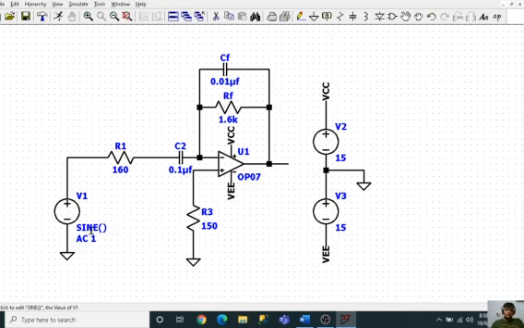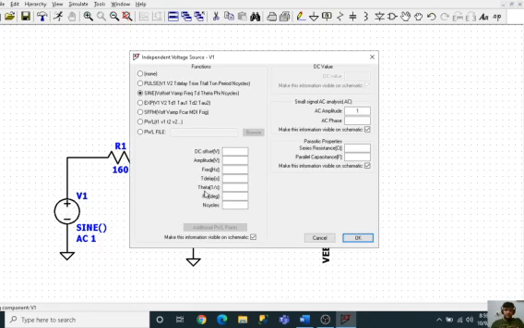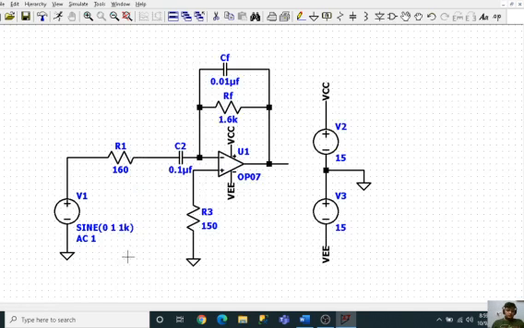Here we can also give DC inputs. So let's take 0, amplitude as say 1, which signifies 2 volts peak to peak, and frequency is 1 kilohertz. So this will be for the sine wave. We have given AC analysis for small signal AC analysis.